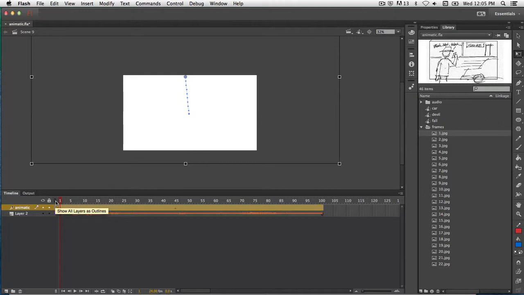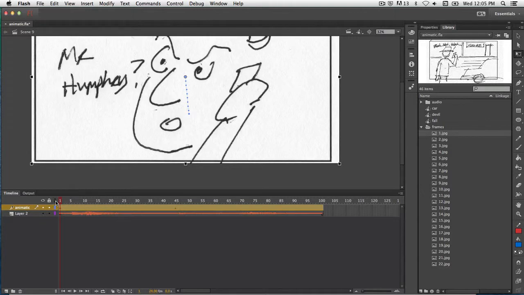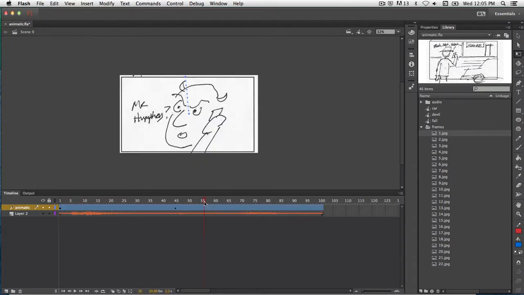I'm just clicking this little rectangle which shows us outline view, and you can see it starts with his mouth and then it pulls back to him sitting here, and then the rest of the shot is static of him just sitting here. Just to have a little bit of a reveal, I thought that might be kind of fun. Again, you can kind of visualize each of these frames,